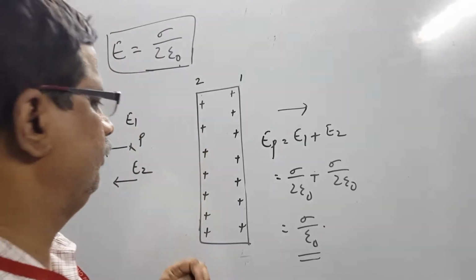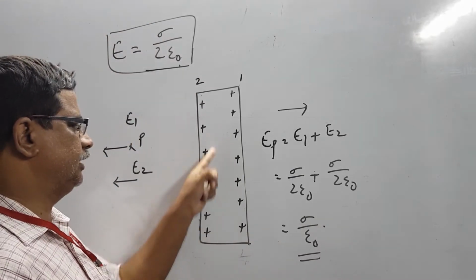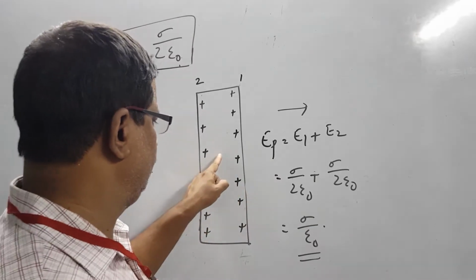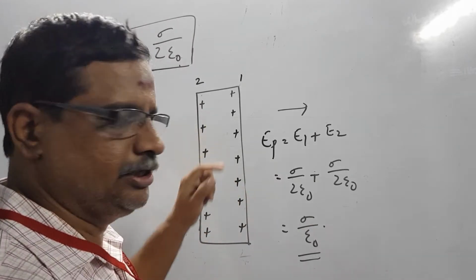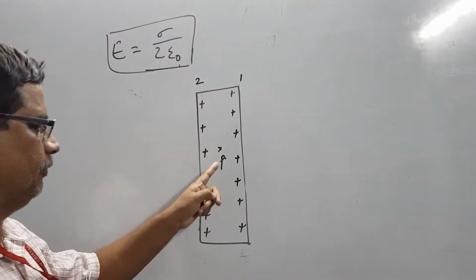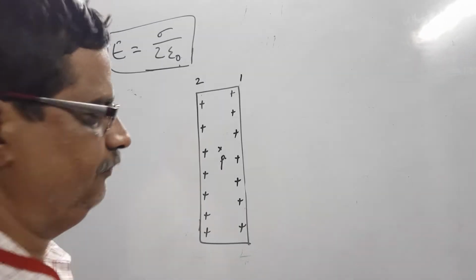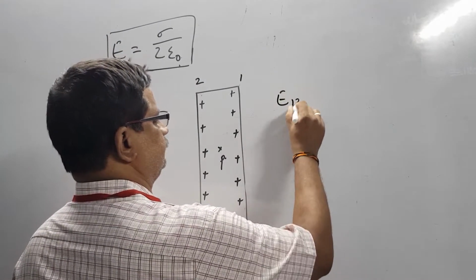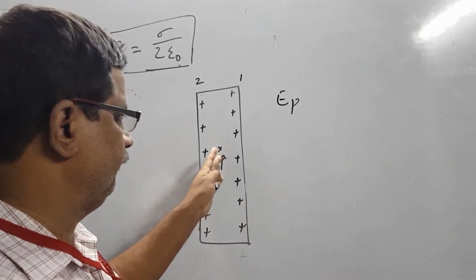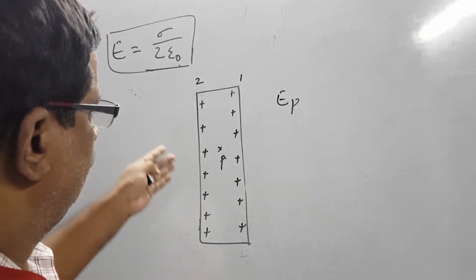Now we will try to find the electric field at any point inside this conducting plate. So our next step will be to find the resultant field at any point which is situated inside the conducting plate. Now you see the diagram. The point P is located inside the conducting plate. We want to find the resultant electric field at P due to the charges appearing on sides 1 and 2. Now you know that these electric fields will be equal in magnitude and opposite in direction,